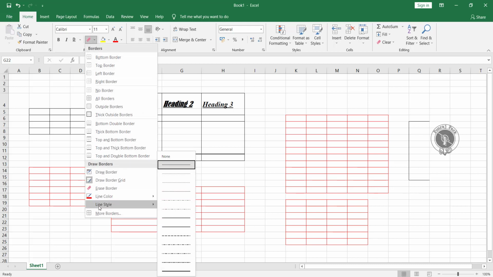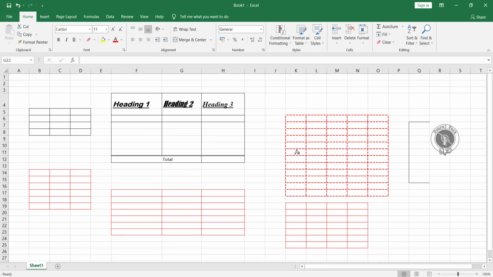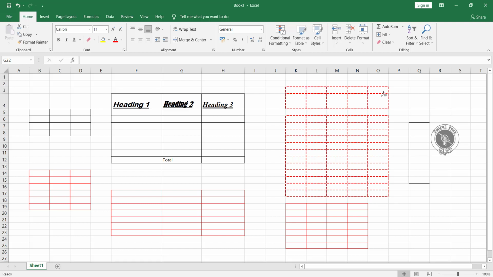So next we have line style. The border which you want to draw shouldn't be simple, so we have different border styles here. You can choose that border style from here. Suppose I go for this, and now if I draw, you can see the line is changing. I can just use this on my already existing table or the border which I have, or I can create a new one as well. So this is how you can use this.